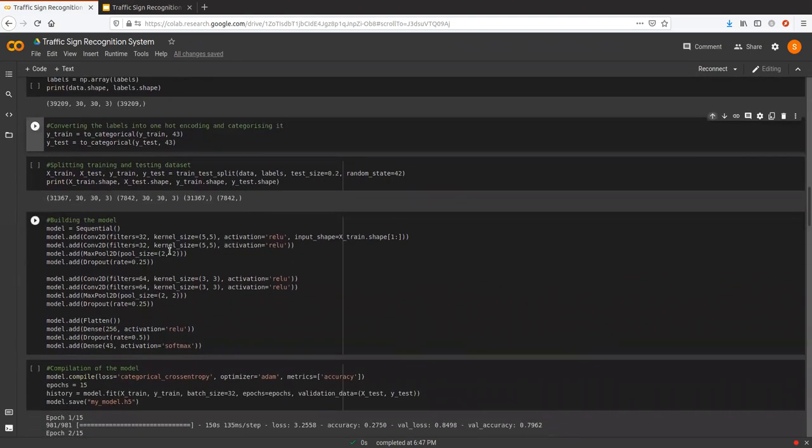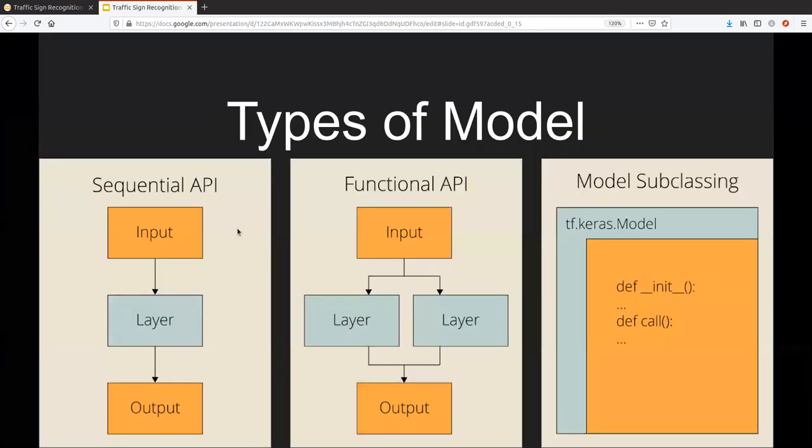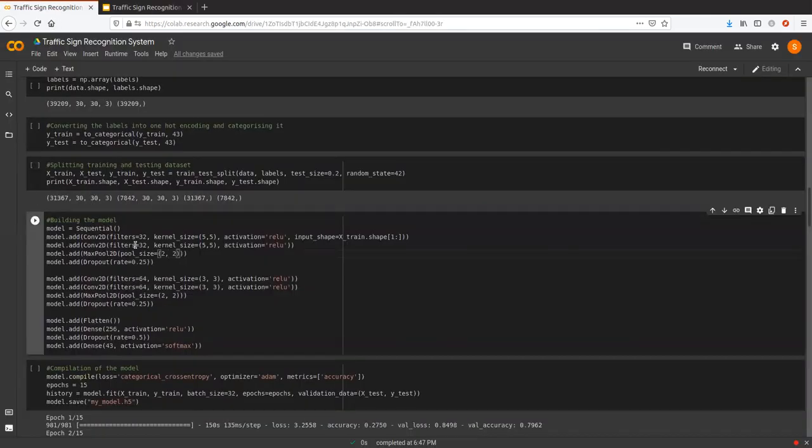And we have used a sequential model to train our model on this data. So what is sequential? Basically, it's a type of model in which there are a lot of layers that go layer by layer. That is, all the layers are not connected, but are in an order. In functional API, all the layers can share data, are connected in some way. So we've used sequential. And in this, we've used a lot of things that I'll go one by one through them so that we know what everything is for.